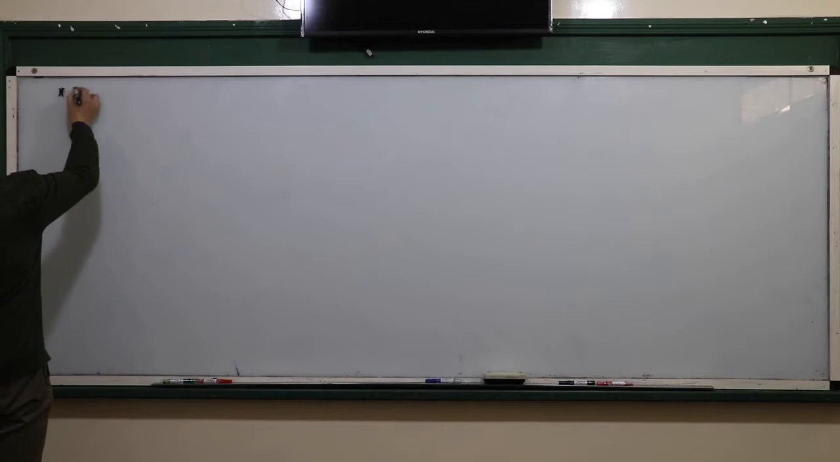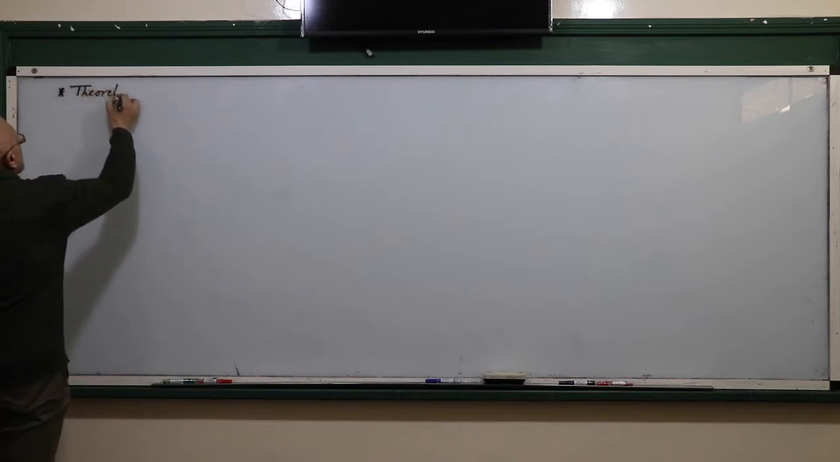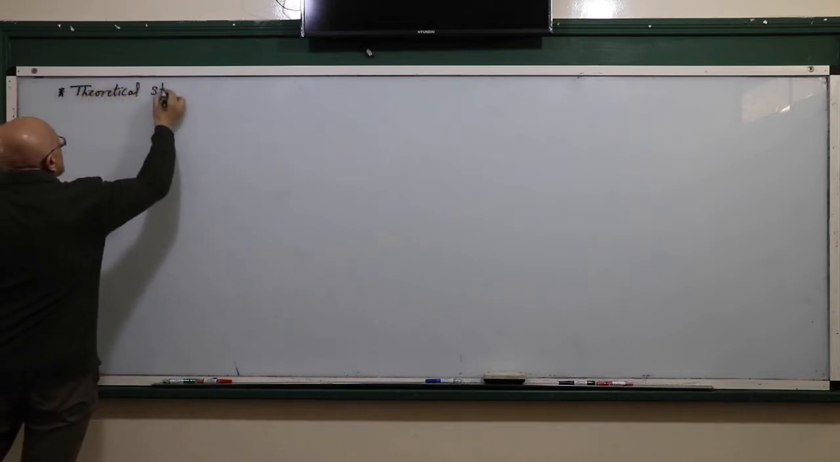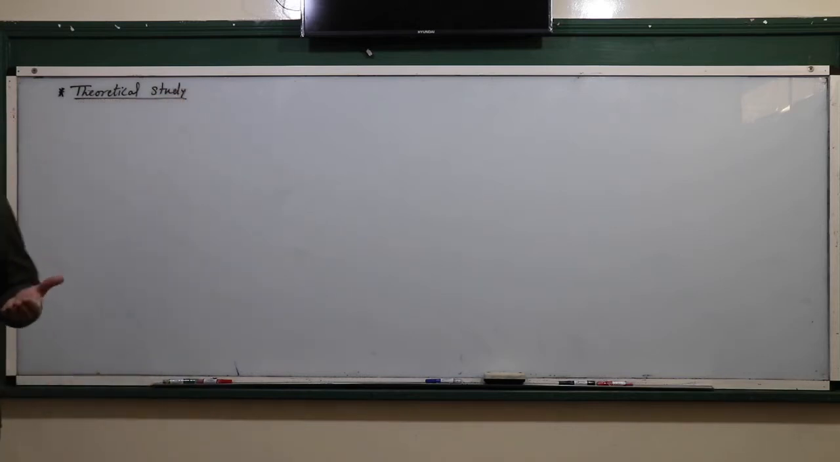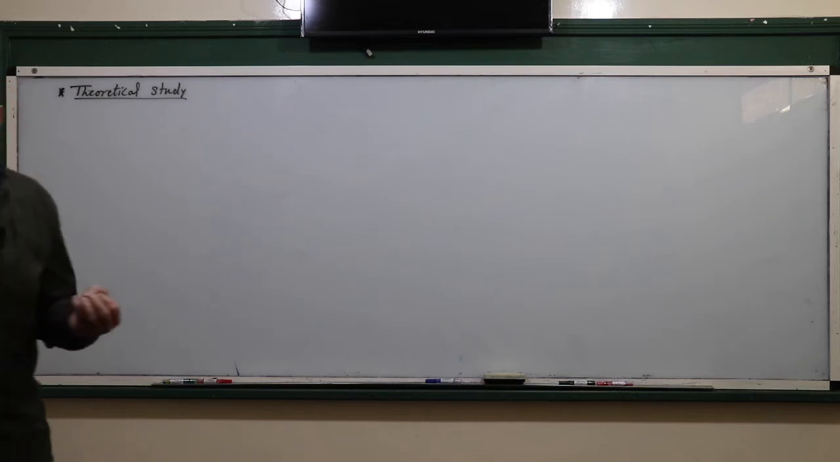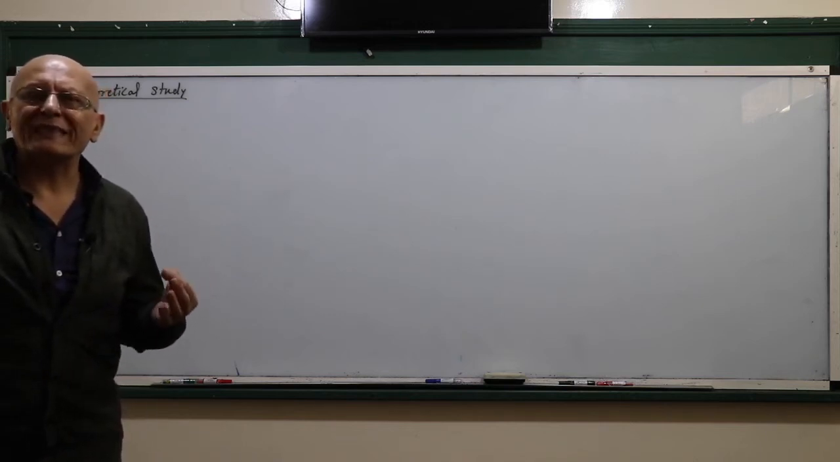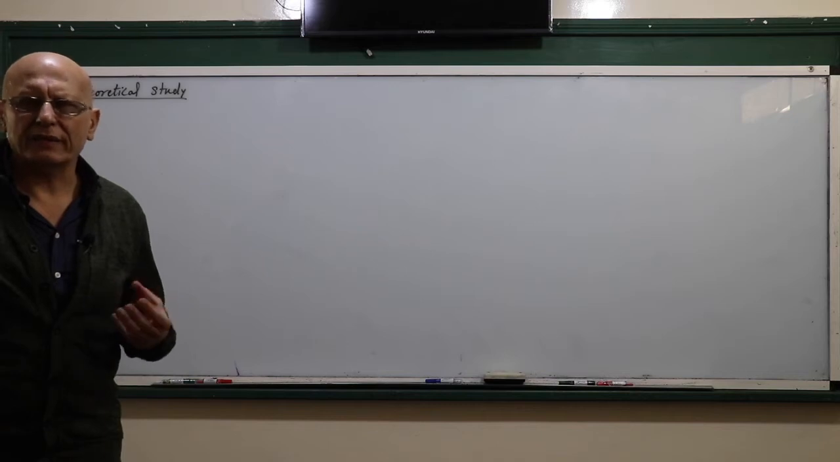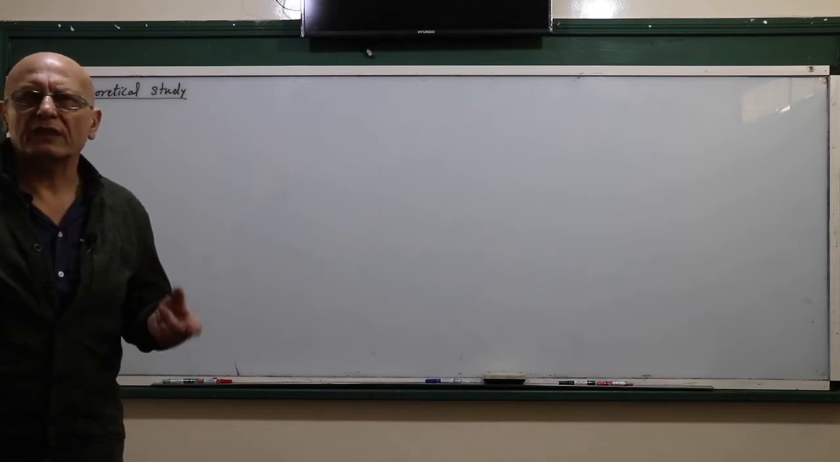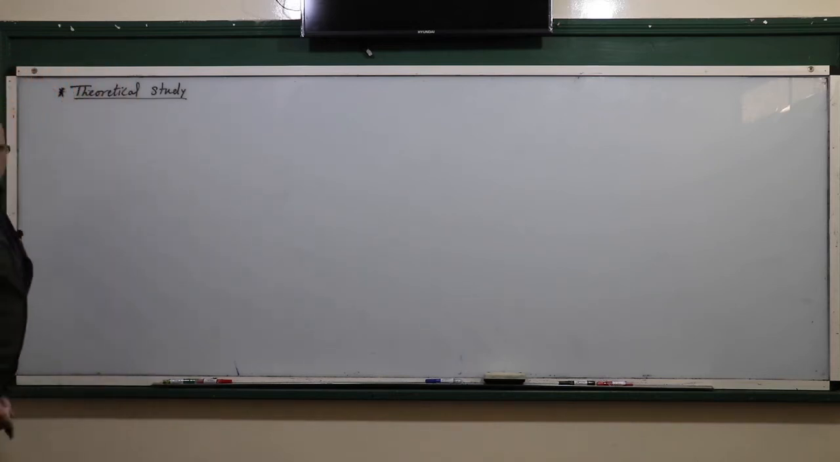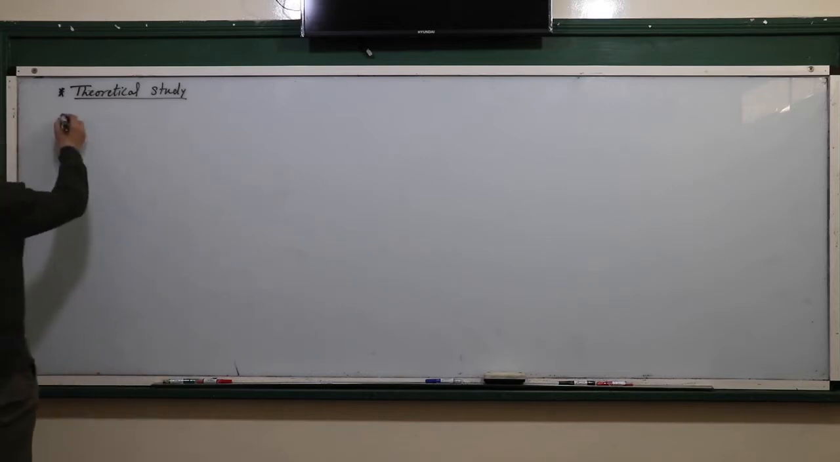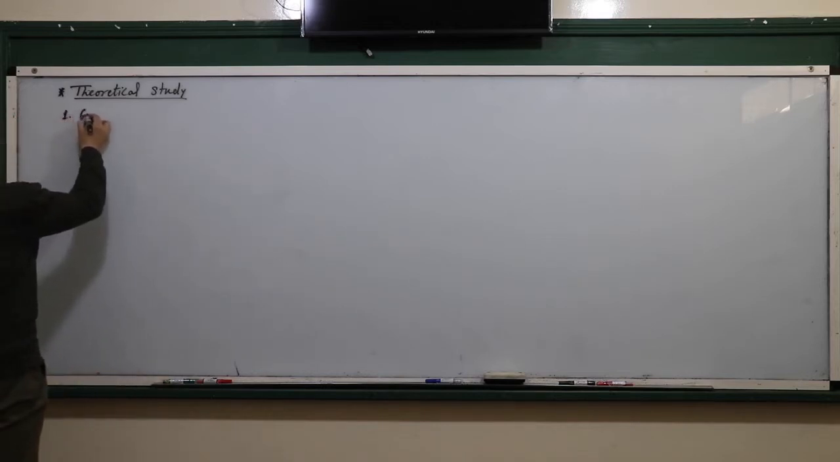So, theoretical study. In this theoretical study, we are going to learn how to determine the positions of the centers of bright and dark fringes. And I am going to prove that they are equidistant and so on. So in the theoretical study, I want to start with the optical, with the geometrical